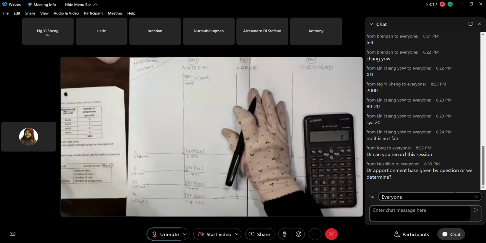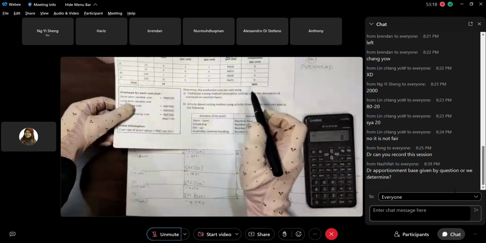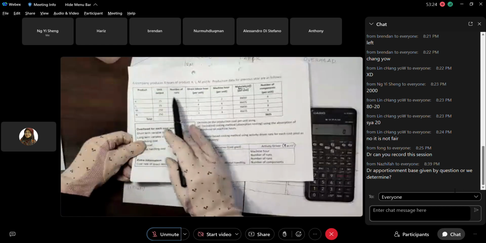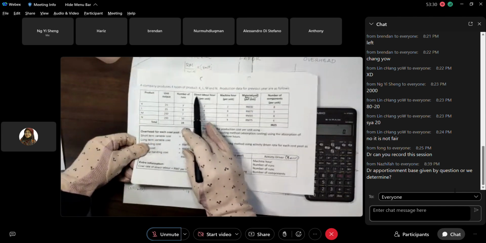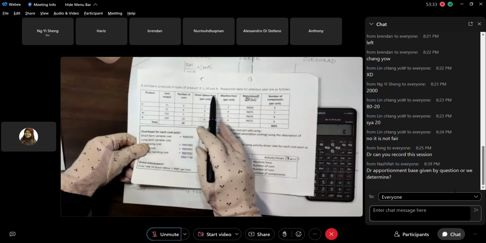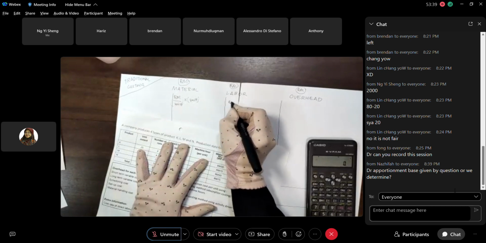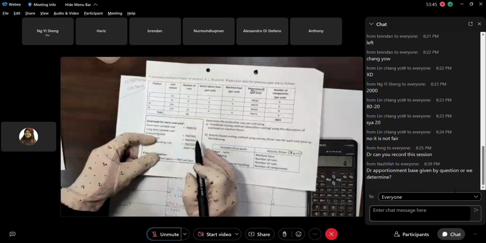Okay, for the labor, what is the data available here? Where is the labor here? Column 3, right? Direct labor hour. It is about direct labor hour. You need to know the unit must be RM. And also, to pay the labor, the cost rate of direct labor is 7 ringgit per hour. So here you have 7 ringgit per hour. So you have already RM per hour.